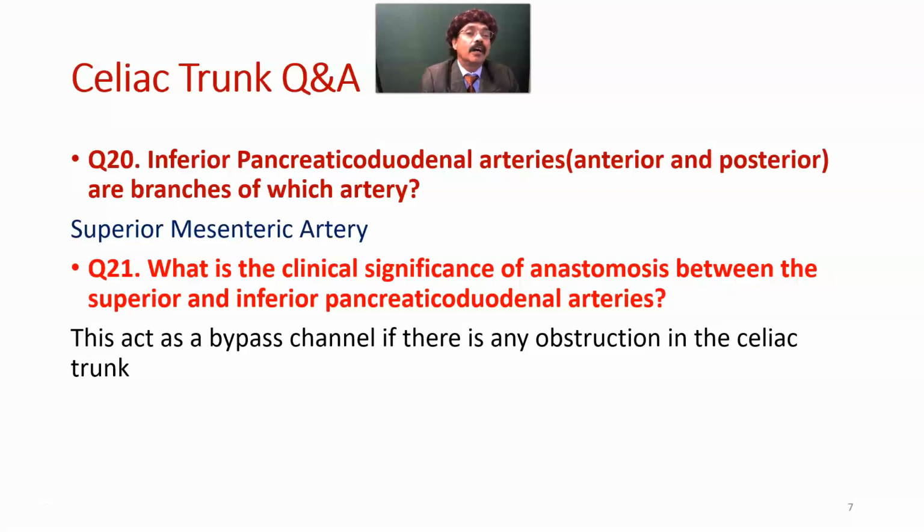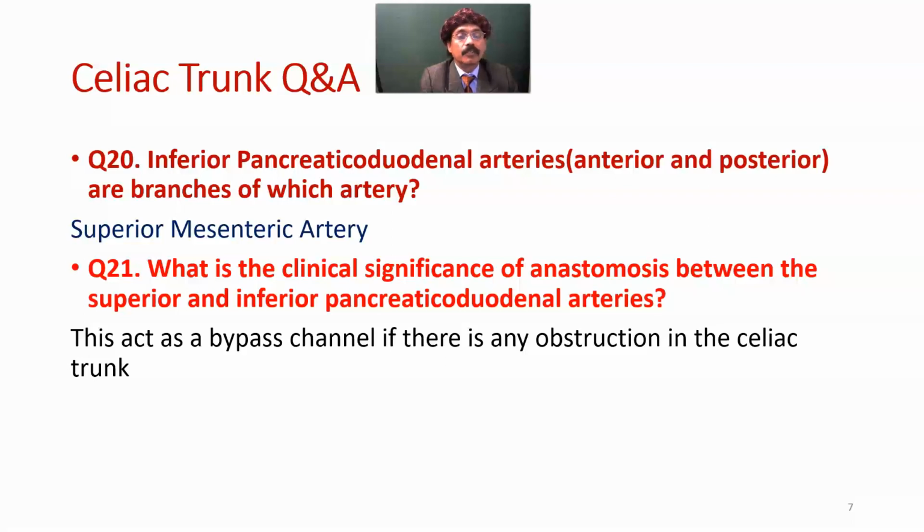That is the hindgut. So we have three branches: celiac trunk, superior mesenteric artery, inferior mesenteric artery. The celiac trunk supplies the foregut derivatives, the superior mesenteric artery the midgut derivatives, and the inferior mesenteric artery the hindgut